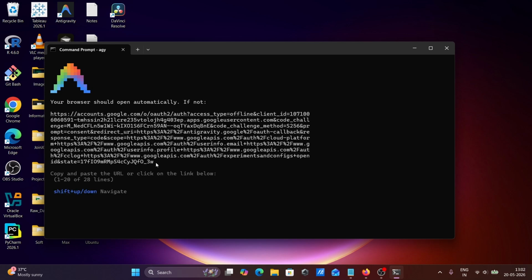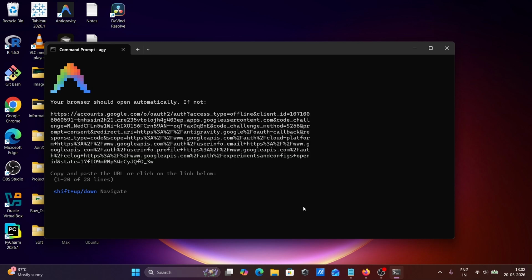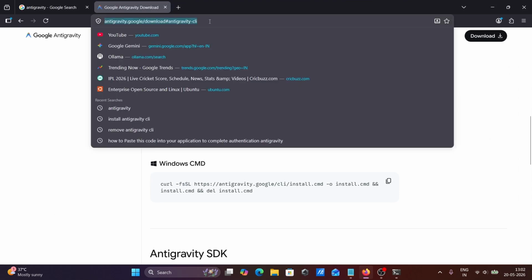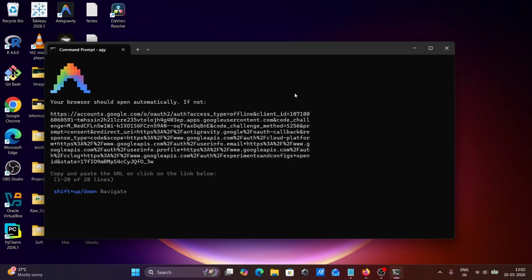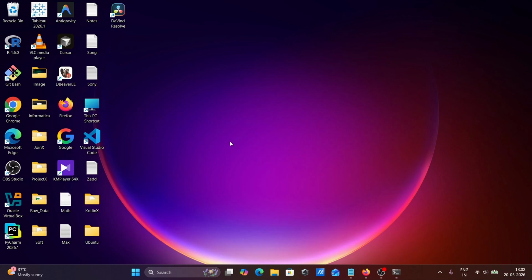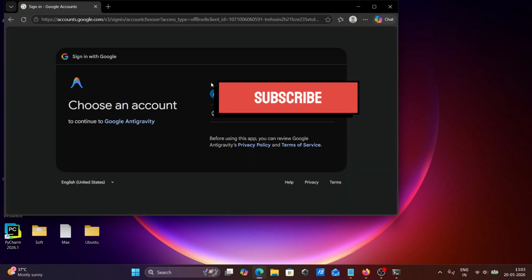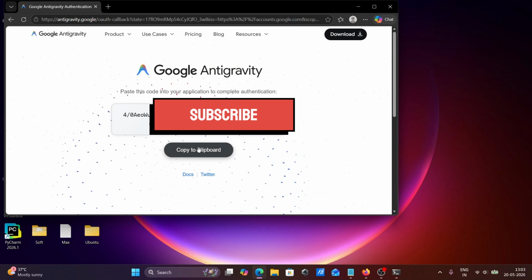The next step is here you need to copy this. Select all, Control C to copy, and this you can paste in the browser. So let's paste there. Firefox has some issue, so for this I'm going to open Microsoft, paste this, and login. Now you can get this code, copy this code,